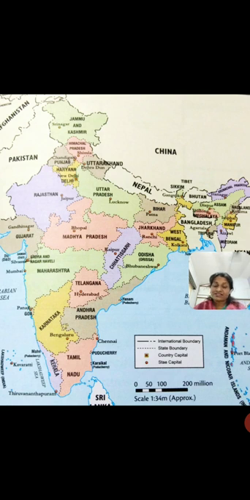We revised about maps. We learned that they are drawings of the earth on a flat surface. Then we revised that there are different types of maps: political, thematic, and physical. Each different map shows you different kinds of things. To read the maps, we use the conventional signs and symbols, and these help us understand what these maps show and what they tell us. These are the things that we have learned and revised in this video.